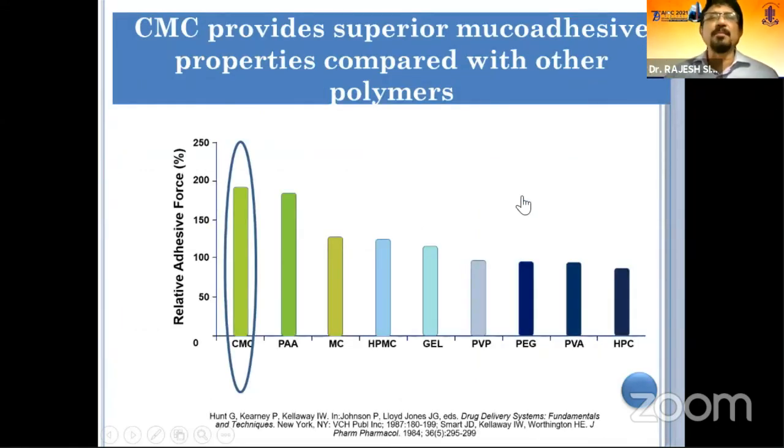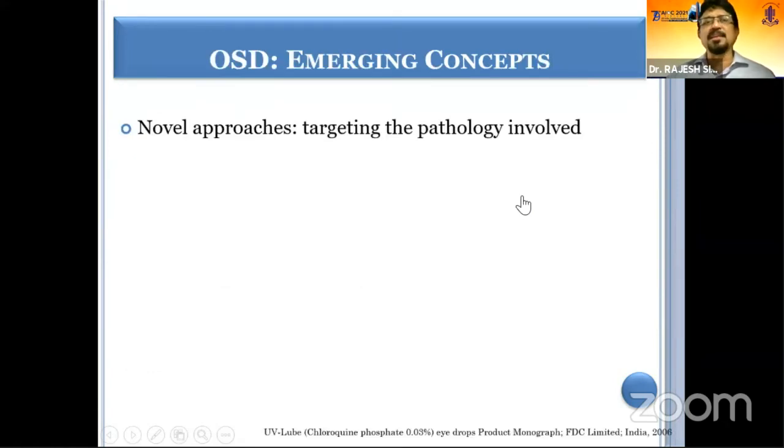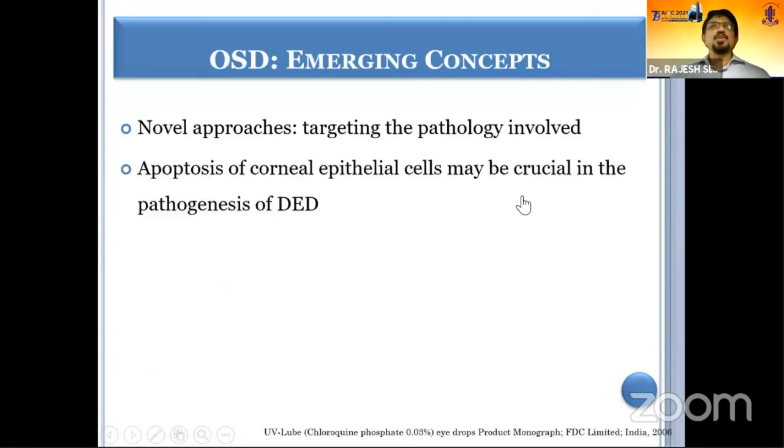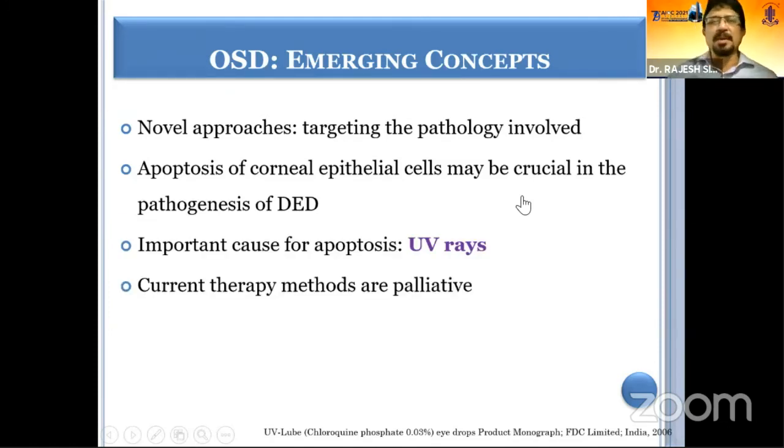Amongst the lubricants, we have carboxymethyl cellulose, hyaluronic acid, and PVA, PVP combination, HP-guar combination. Then we have drugs to reduce inflammation like topical steroids, cyclosporin, and of course, doxycycline and omega-3 fatty acids. But these are some of the basic things about post-surgical dry eye. But there are many emerging concepts, and a couple of concepts have been discussed